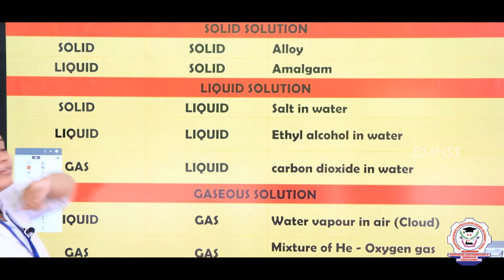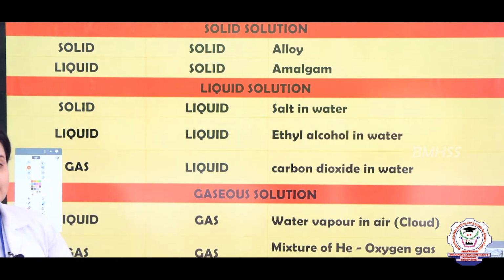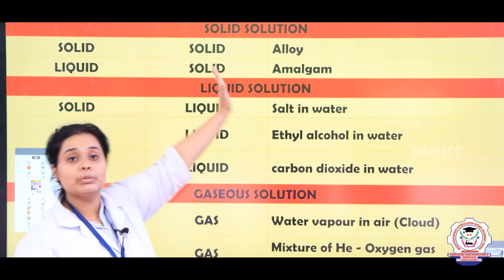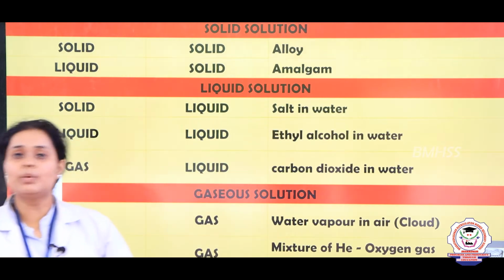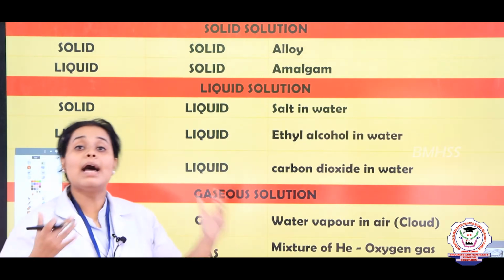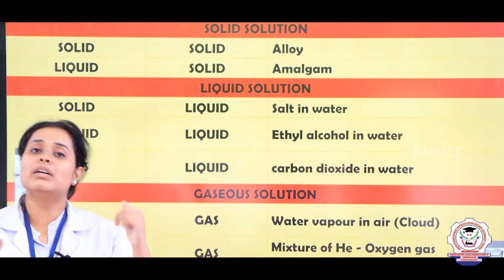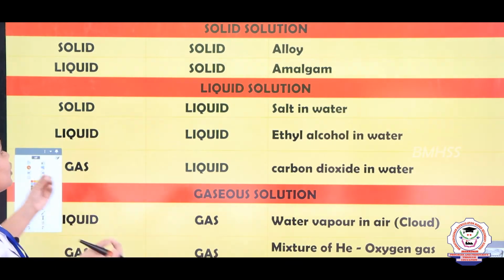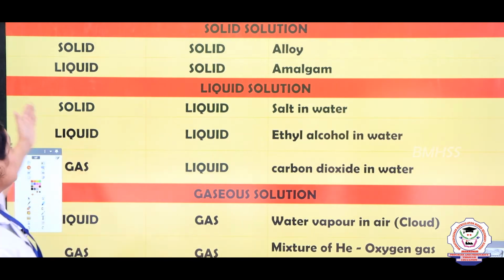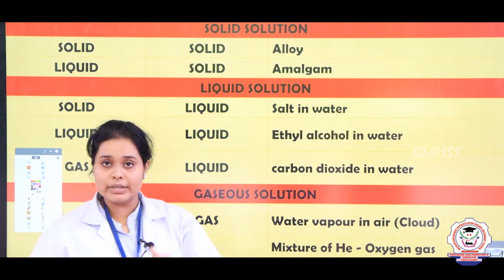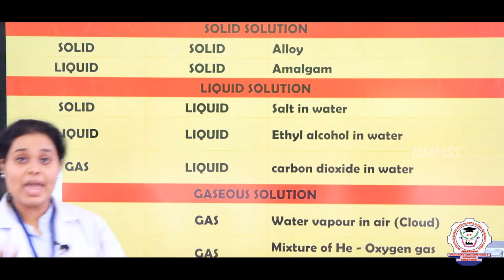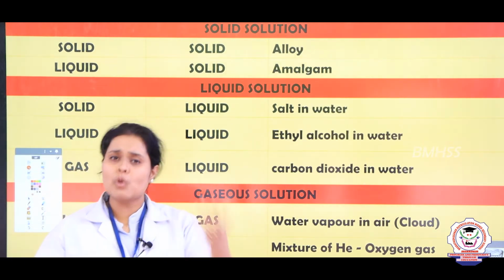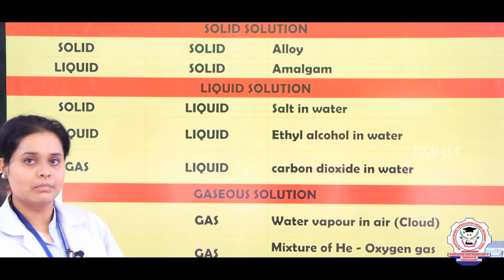In the same way, if you are talking about the solute solid concept, when solid combines with solid, it gives an alloy. So what is an alloy? Yes, an alloy is a combination of solid, metal-metal or metal non-metal, right, which you have studied earlier too. Then liquid, when it's taken in smaller amount and added inside a solid, for example amalgam, where mercury has been added to sodium or anything. Yes.